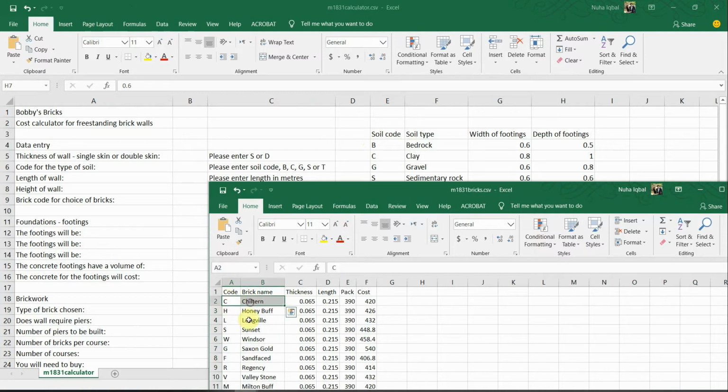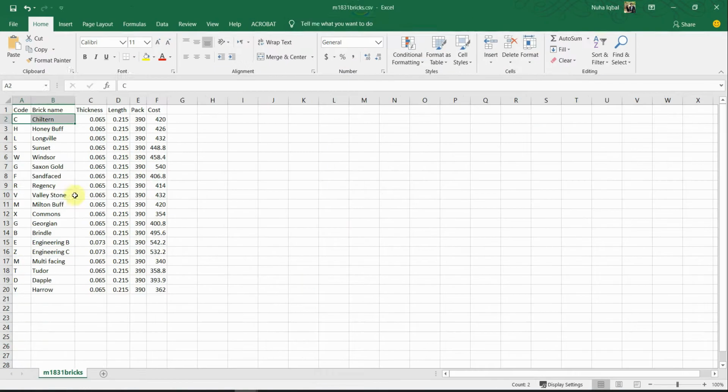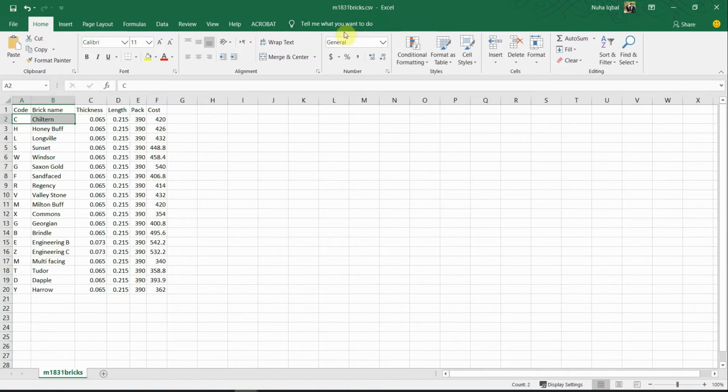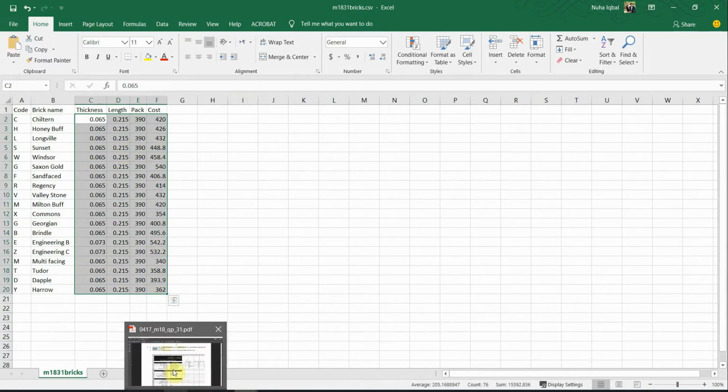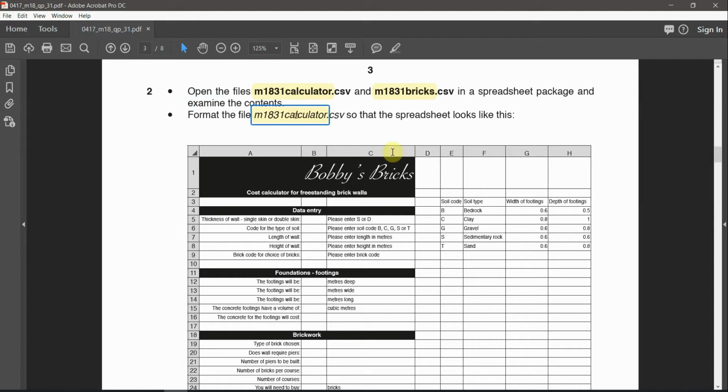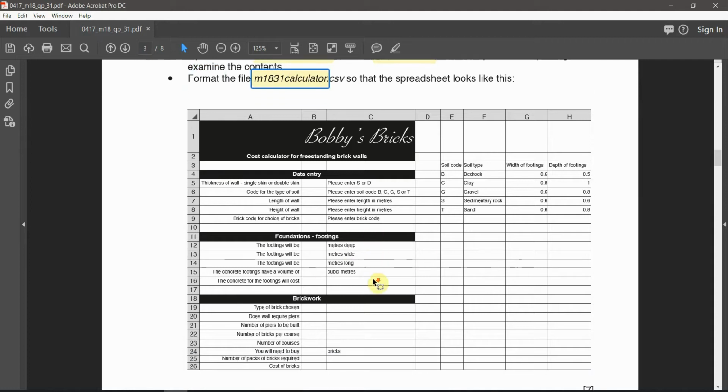C here stands for Chiltern, and here C stands for clay. So it's totally different, not related to this. So we have this related only to bricks: the code name, the brick name, the thickness, length, bag, and cost. Okay, so let's just keep this as an idea, and then we have to format this calculator file to